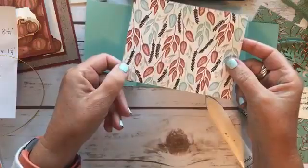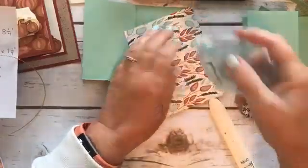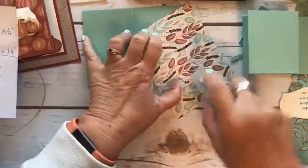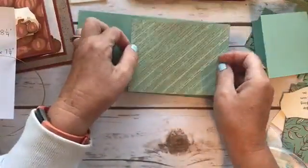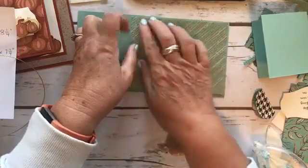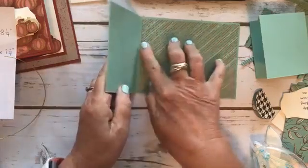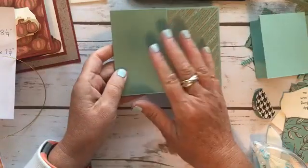But look at the back, it's so pretty too. Oh, it's so hard to decide. I must say their paper is just so beautiful. Whoever designs it should get a raise. And it matches. The thing I love most about Stampin' Up! products is how everything coordinates. It says on the back of the paper what colors it coordinates with. So if it says it coordinates with Mint Macaron, you know it's going to coordinate with Mint Macaron. Because honestly, if you just say I need some green,